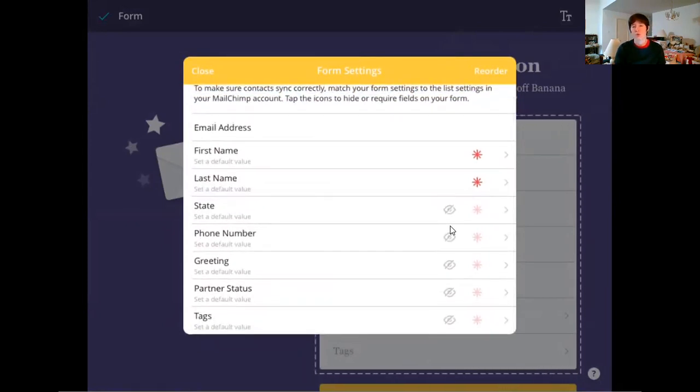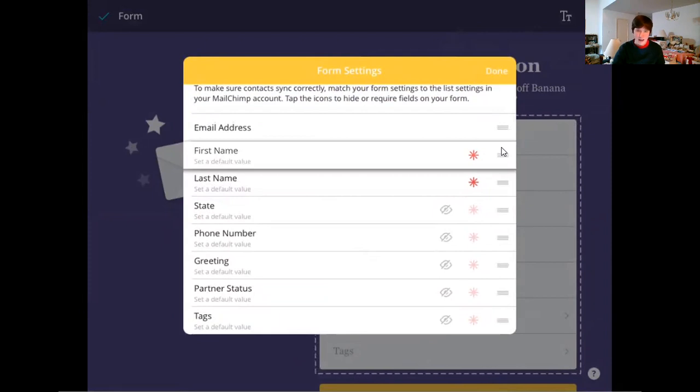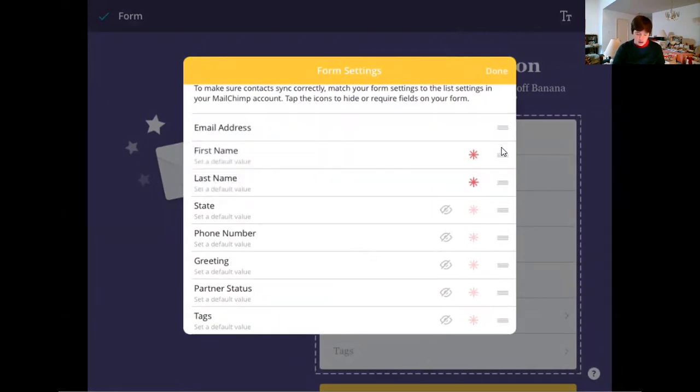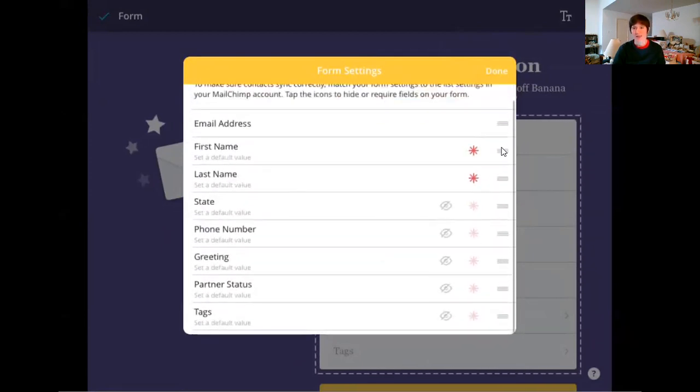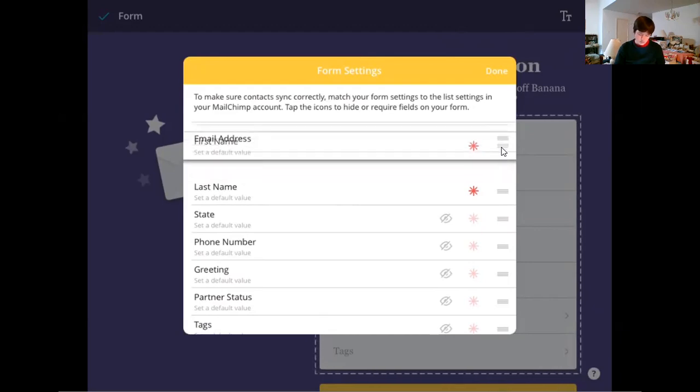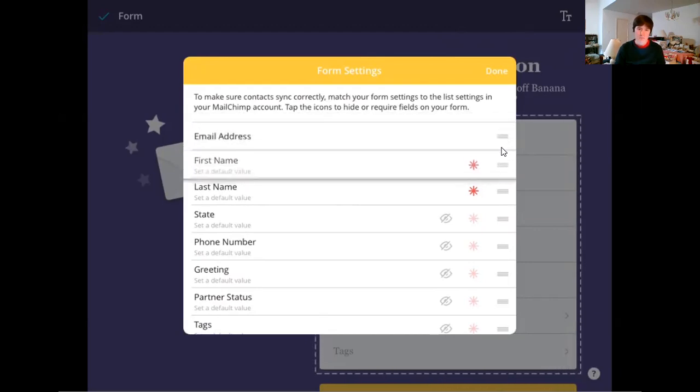And you can also reorder the fields. If you tap on this reorder at the top right-hand corner, you see the 3 lines that appear next to my different fields. If you tap and hold, you can now move it up and down. If you tap and hold and you find that it moves like this, it's because you didn't get your finger on top of those 3 lines and you just need to try again. So you have to tap right on those 3 lines in order to move it into a different place. Once you're done with all of that, you can click done